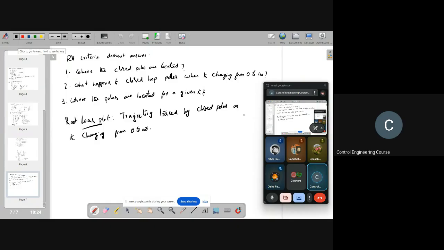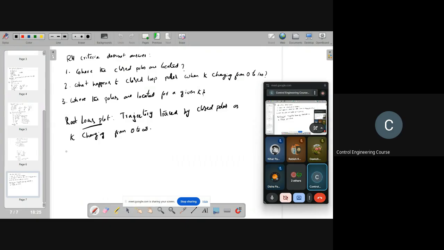One thing, I will tell you some of the rules of this root locus, how you plot it. Next class we will go through the remaining rules and then we'll do a couple of examples for the root locus plot. First, I'm not going through the theory behind the rules of these equations, but only the rules. I will quickly summarize the rules, and then we'll use these rules for plotting the root locus.